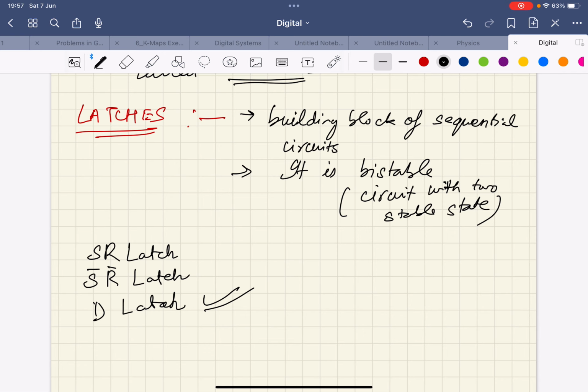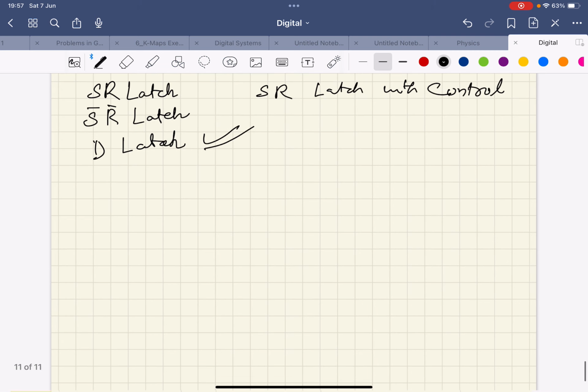Yeah, D latch, and then we will also study the SR latch with control, with C control. Okay, and that much. After that, we will discuss the questions directly. The questions from sequential circuits are multiple choice, because this is only concepts. Okay,